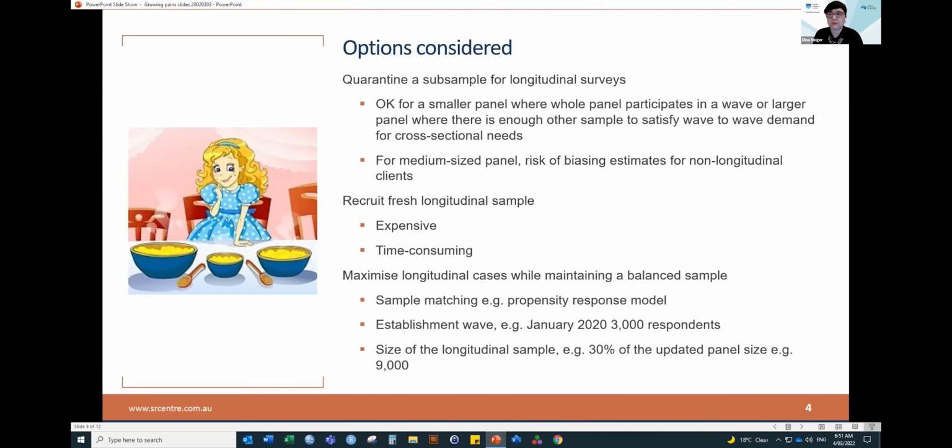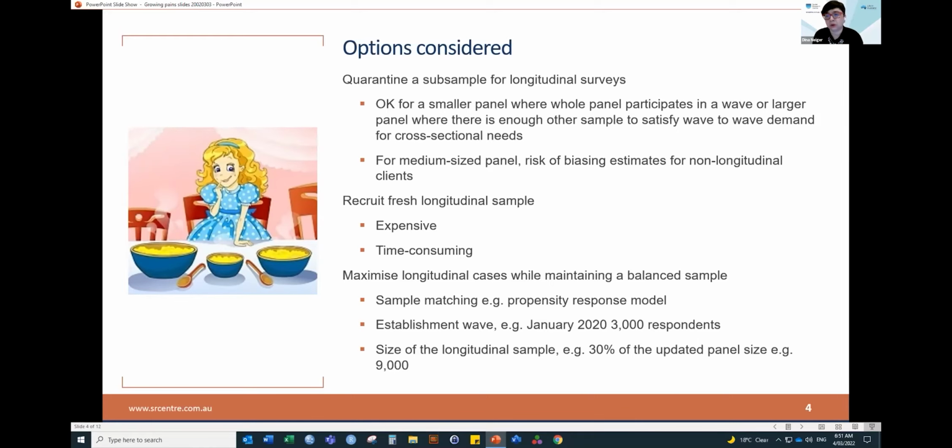So for this medium-sized panel, we had a risk of how do we select a longitudinal sample without biasing the rest of the panel estimates, and also giving a good quality estimate to the longitudinal clients. The other option was to recruit a fresh longitudinal sample, but that is not as simply done as needed. And also we would have lost the golden pre-COVID data and the historical data of respondents, because by the time we would have recruited them, we would have